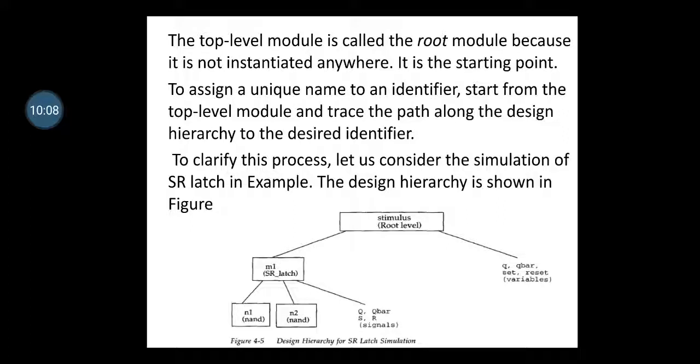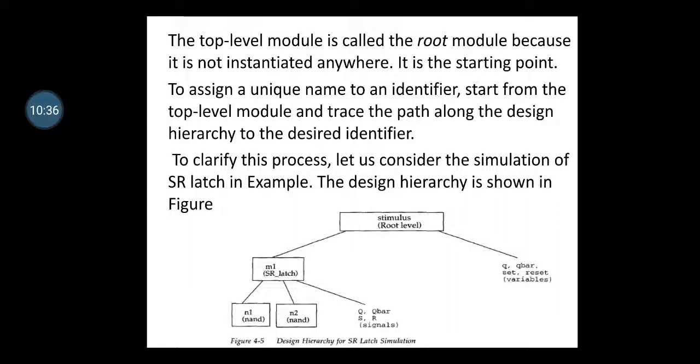Variables again at the leg, which is shown as q bar, capital Q bar, SR, signals. Are you getting this point now? Okay. Then at the left hand side, what do I have? N1. What is N1? It is a NAND gate for the SR latch. What is N2? It is a NAND gate. Are you getting this? Splitting an entire design into segments and level differentiation is now called the hierarchy.